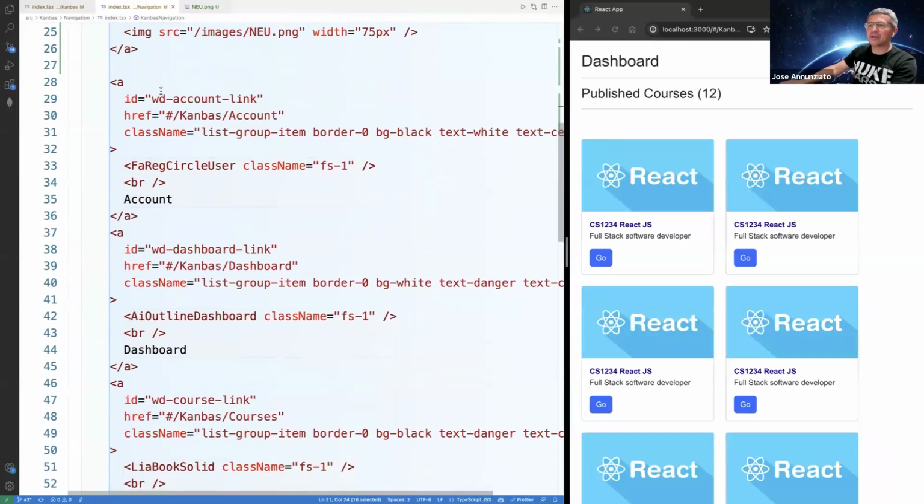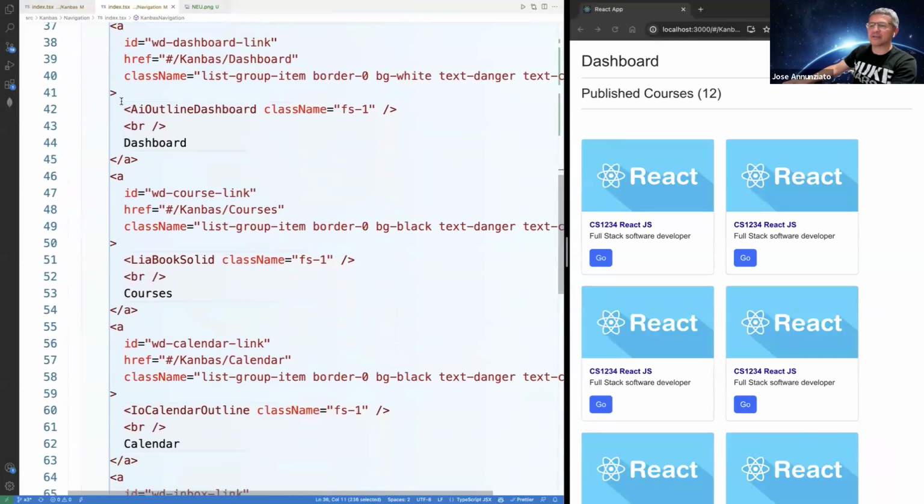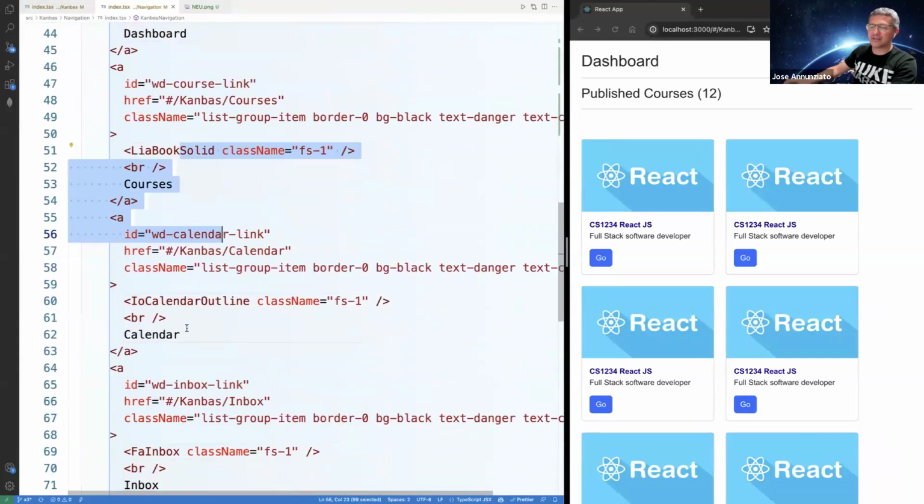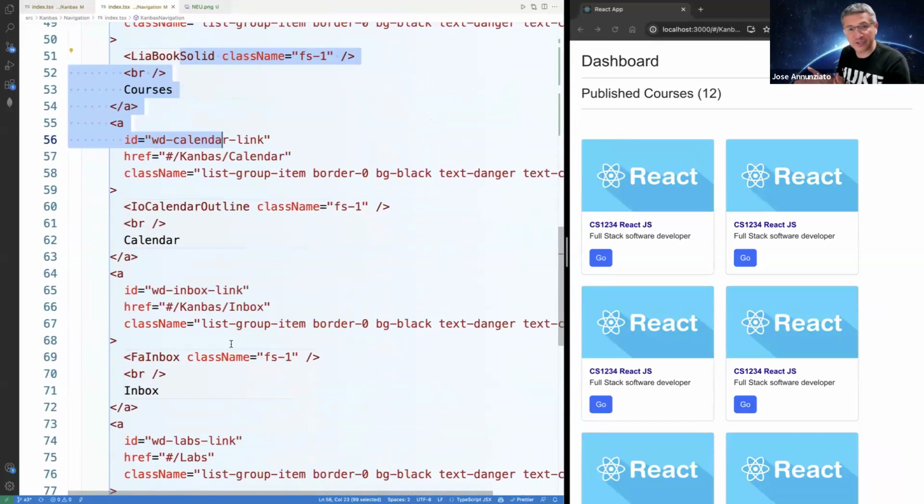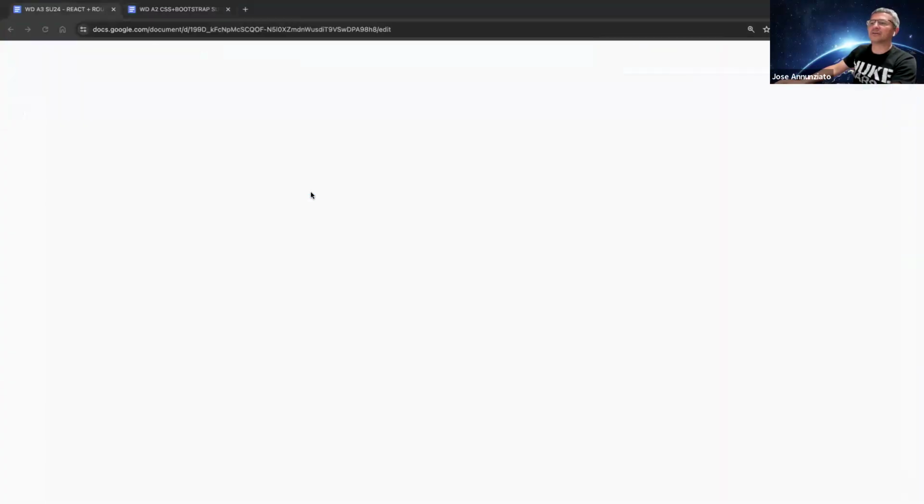But all the other ones, you know, this account and dashboard and courses and calendar and inbox, all those could be generalized. So here I'm giving you an alternative on how to